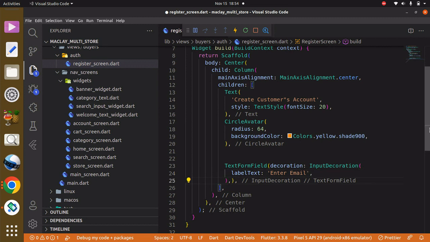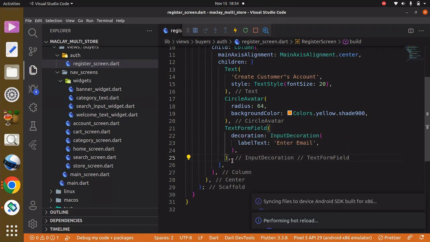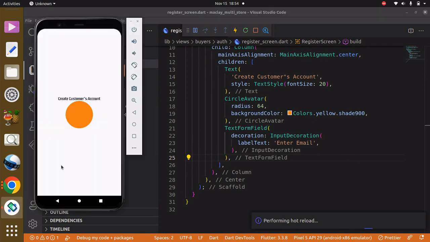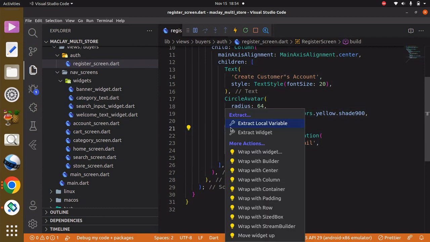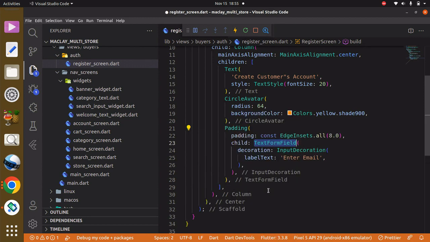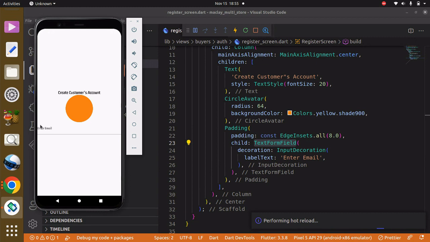Okay, and use Control S to save. Sorry for that. Okay, you're gonna sit somewhere here. Okay, and what we can do is we can wrap this with a padding. I'm gonna show you this first. We can wrap this with a padding, and you already know what this is gonna do. It's gonna give some breathing space over all these edges,